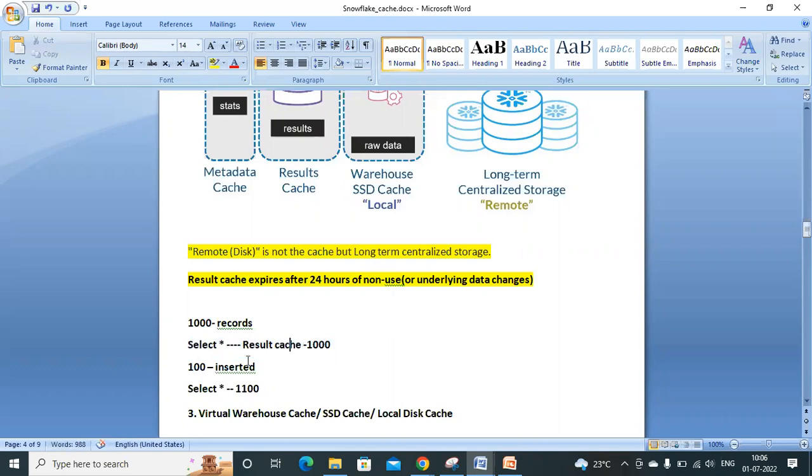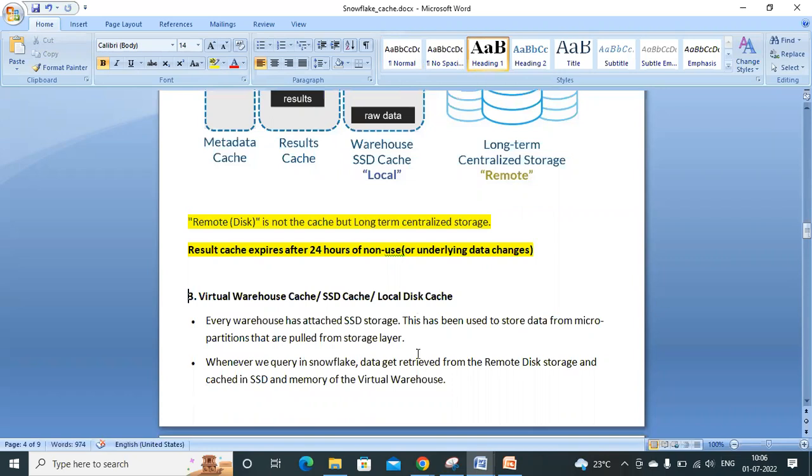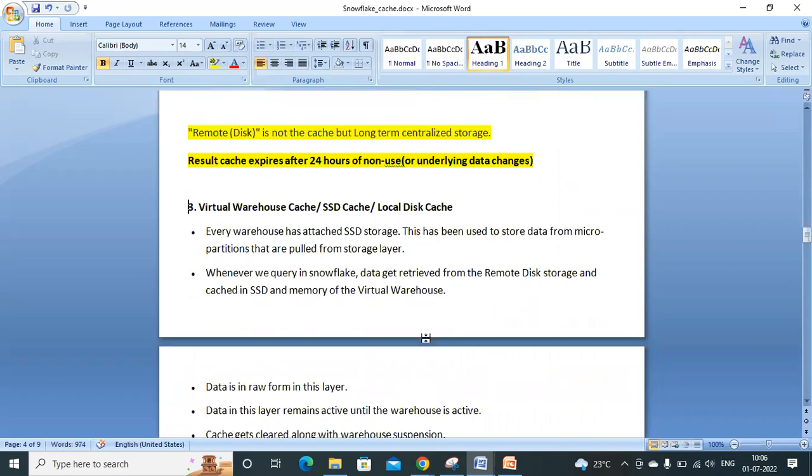But after that you have inserted, as soon as you make any DML operations, any modifications to the underlying data which is stored in tables, the result cache will be